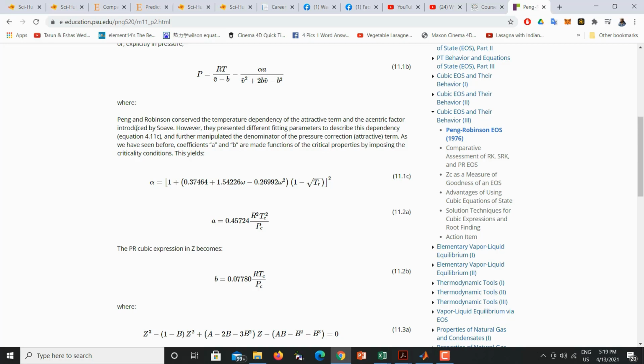So based on those different pieces of information, we can give an equation, and because of the information related to the critical properties, we can say that this component is different for different gases. So in that context, the result will be a little bit different because every gas has different critical properties. The Peng-Robinson equation of state conserves the temperature dependency of the attractive term and the acentric factor, as I told you before. However, they represented different fitting parameters to describe the dependency of this equation, and further manipulated the denominator of the pressure correction, which is this one,